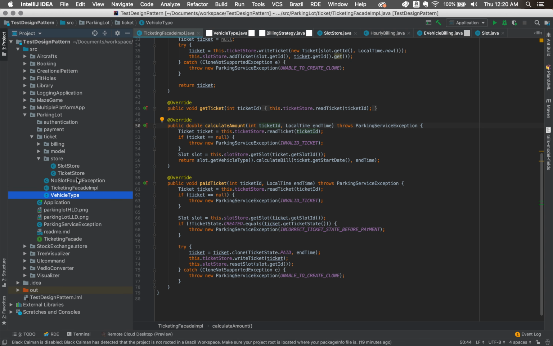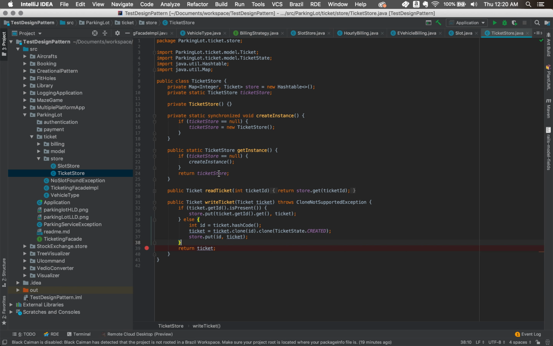Now moving ahead, we see the stores implementation. The ticket store is a singleton implementation, and it has only basic read and write queries. The read ticket takes the ticket ID, goes to the store and gets the ticket by ID. The ID here is the hash code of the ticket.